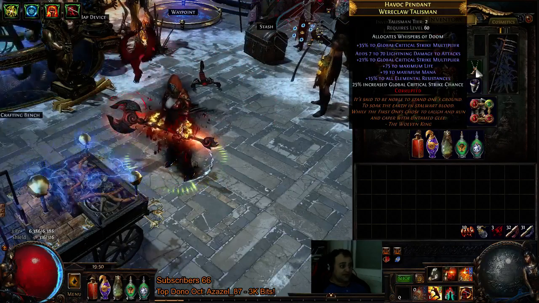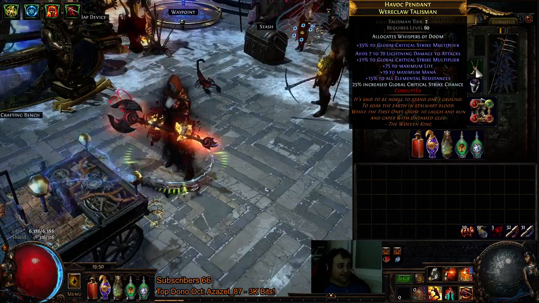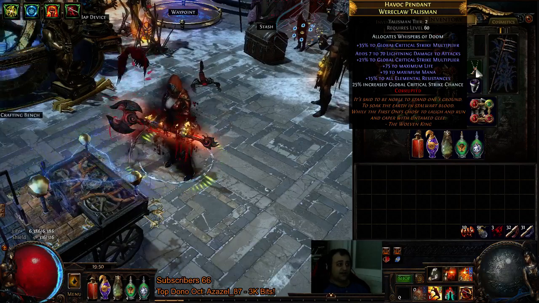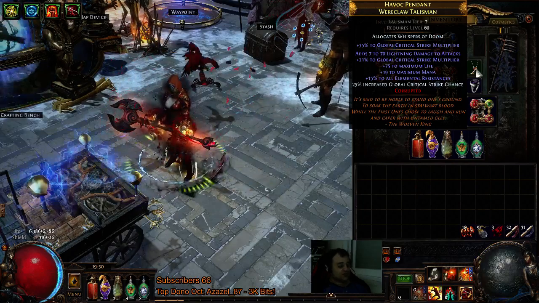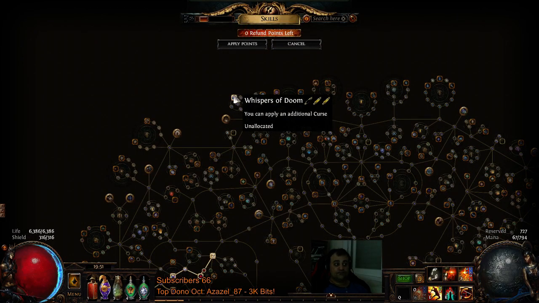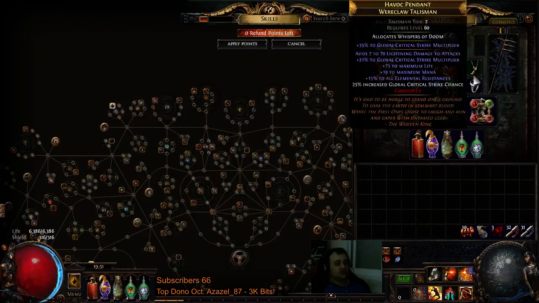The amulet is new. I got myself a sick crit multi-amulet with a whole bunch of lightning damage, whole bunch of life resistances, and I used Whispers of Doom. Whispers of Doom allows me to get an additional curse right here. And instead of just having, you know, okay, so we got the enfeeble, and we got the